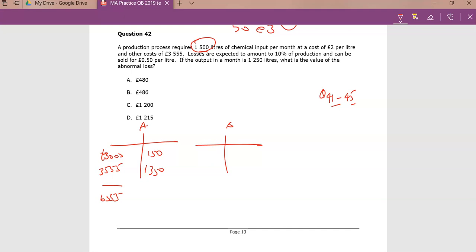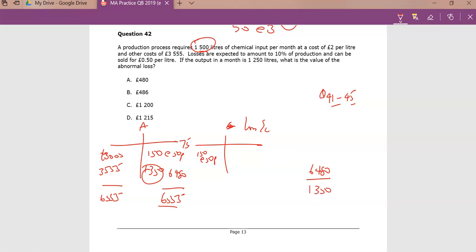And so it tells us, though, that the 150 has some value at 50p. So I'm just going to make this the loss account, so to speak. You can get a question about the loss account. So really, this disappears into this loss account. So we have 150 at 50p, this is 75, isn't it? So now the question is, what is the value of this 1,350? Well, the difference between 75 and 6,555 comes to 6,480. So this is the value of these 1,350. That's what we have. 6,480 divided by